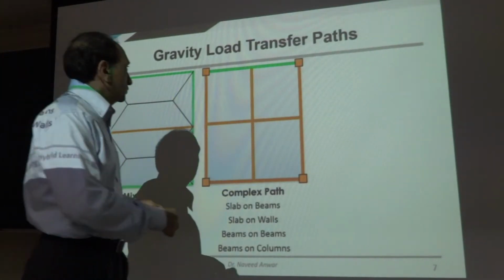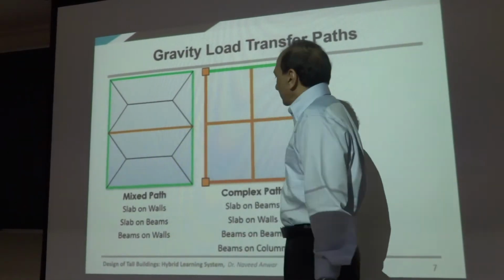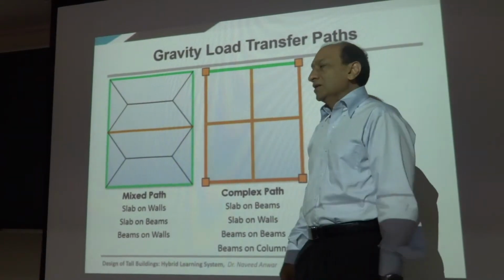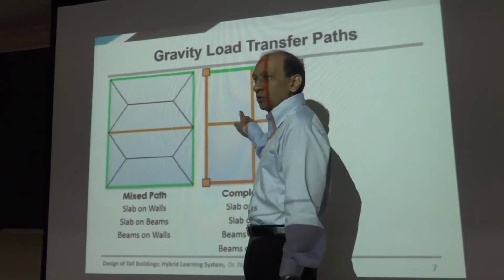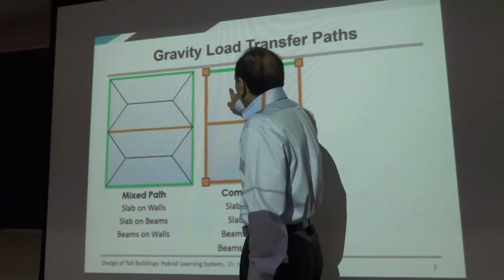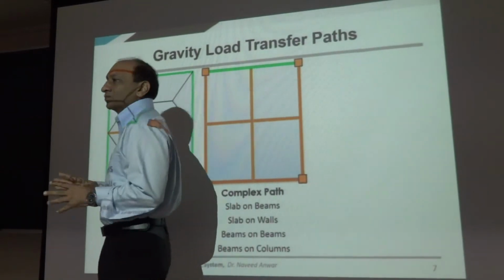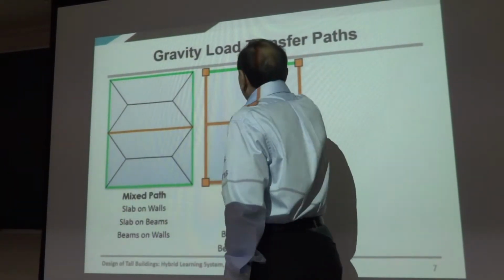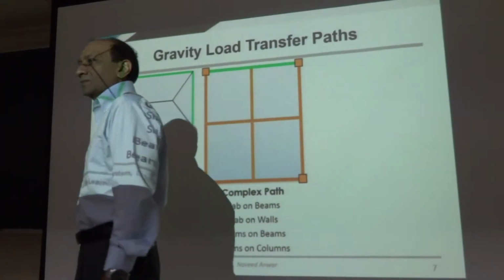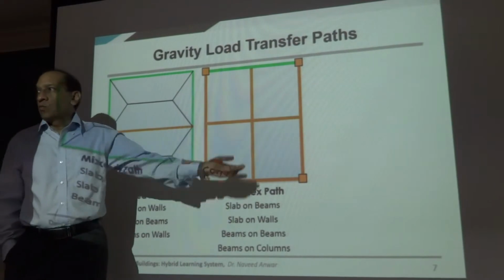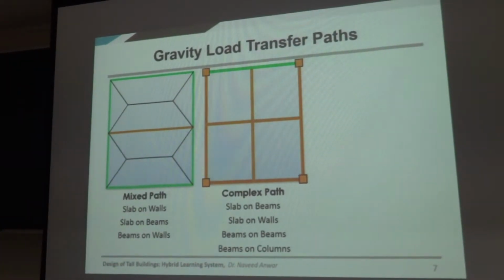Here is a more complex issue. You have a wall on one side, you have three beams on this one, and you also have secondary beams in between. Now there is a load here. What is that load going to do? Go this way, that way, or if a load is here, what is it going to do? So now you absolutely cannot determine which one is the main beam and which one is the secondary beam if the span is square. Right? So you cannot know which beam is supporting which beam, and where the load transfer is. You absolutely cannot judge what the load transfer path is,